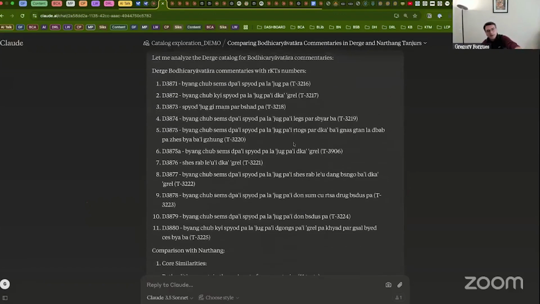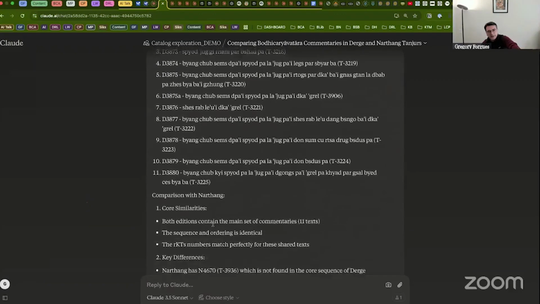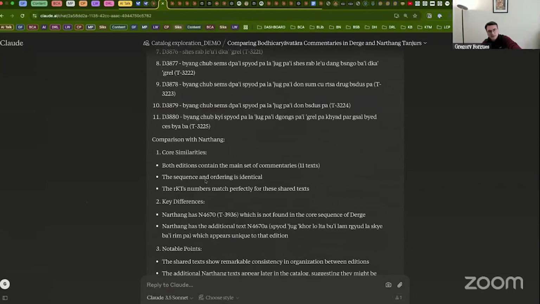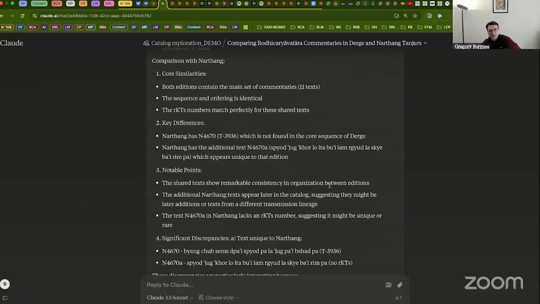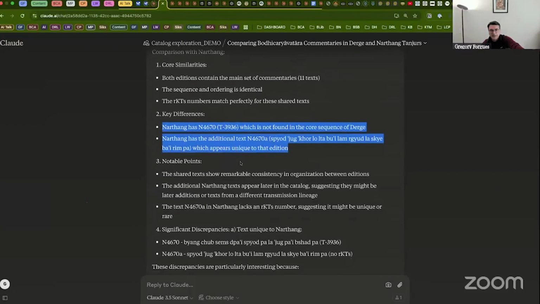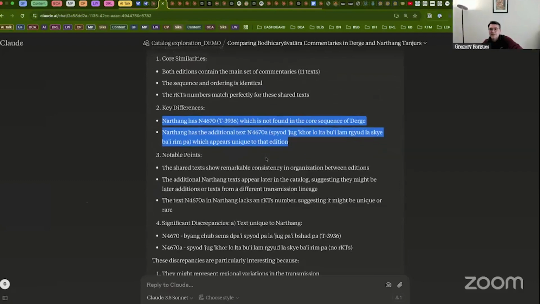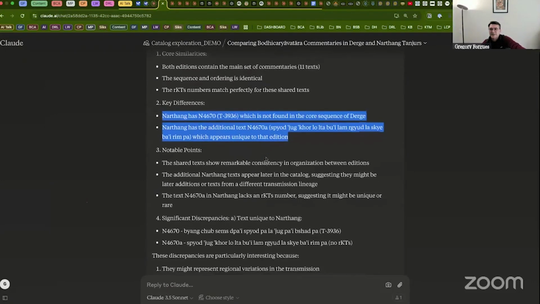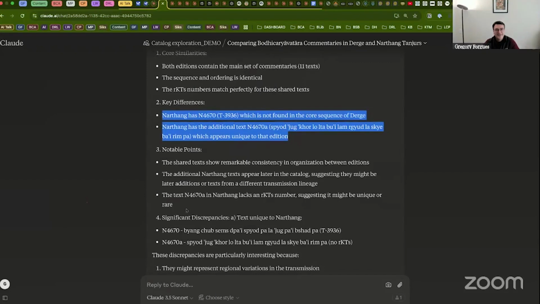So it goes on to list, and we have only 11 texts here, and goes with core similarities, it's okay, and then key differences, and look at that. So it's going to give me these two things, which are basically the two parts of Atisha's commentary I just talked about, that are cataloged in that way, and it isolates the one commentary that's missing from the Derge Tengyur. And honestly, it's really, and look,